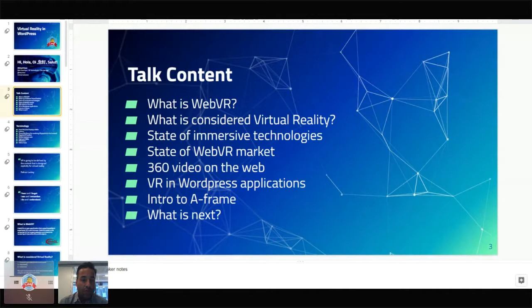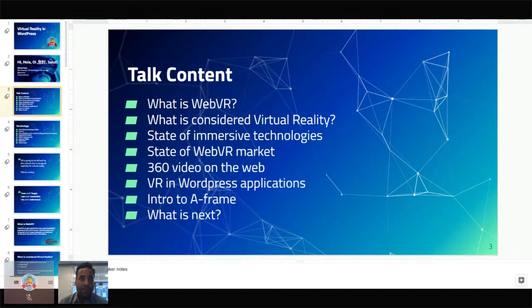Then we're going to move into more of the WordPress realm, and what some people are doing in WordPress, what some of the companies are doing out there with WordPress. Then we'll talk a little bit about A-Frame. A-Frame is the framework that I recommend for people to start using if they're interested in web VR.